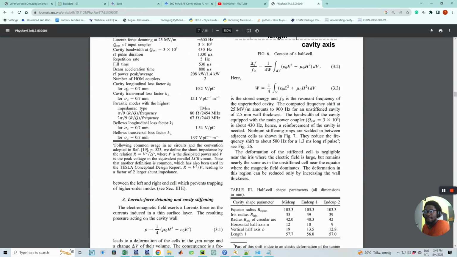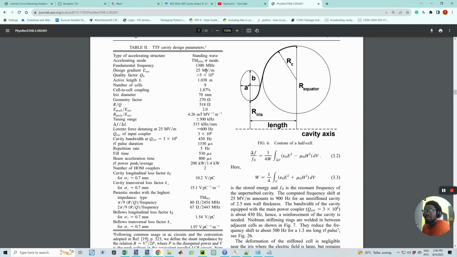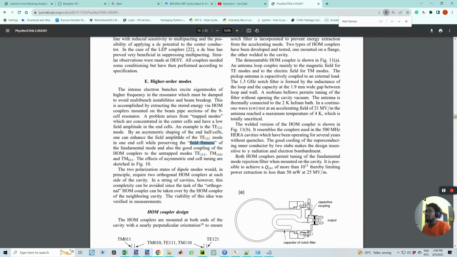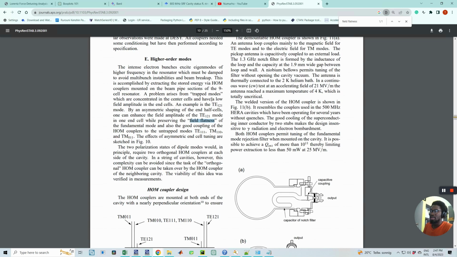So field flatness in percentage. No, they do not report. I could just search. Yes, the field flatness of the fundamental modes, it's only mentioned in one place. So they only said they want to preserve it, but then they did not mention the exact value they got